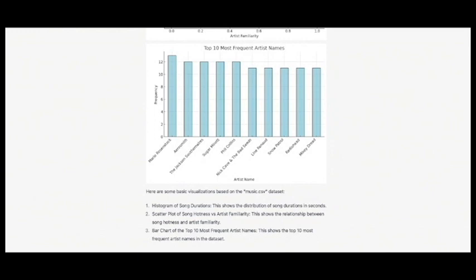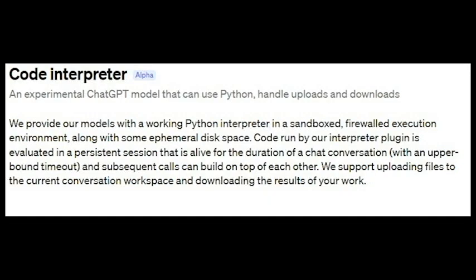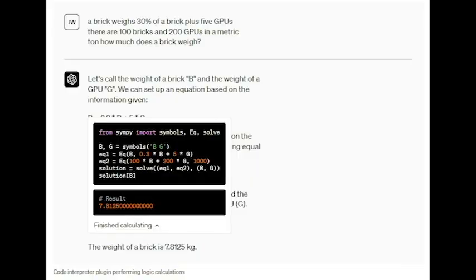The Code Interpreter is still in beta, so there are some limitations. For example, it cannot run all types of code, and it may not be able to understand all types of prompts. However, the developers are constantly working to improve the Code Interpreter, so these limitations are likely to be addressed